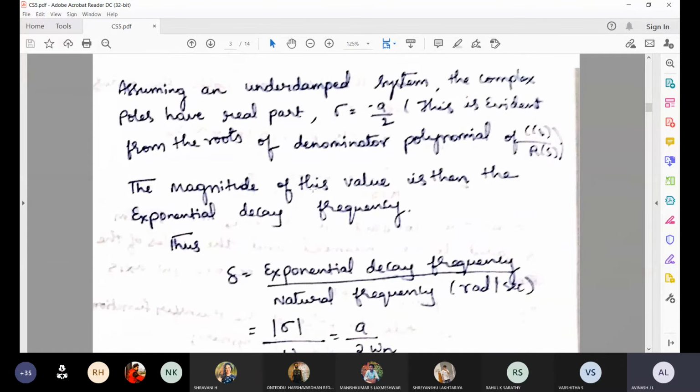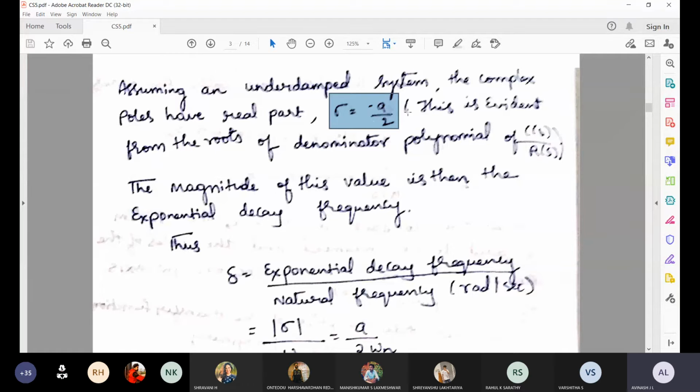One thing: we are not going deep into how we got the value sigma equal to minus a by 2. It is an exponential decay value, so you need not worry about this. This particular understanding will not be asked in your examinations. Very rarely, maybe 1 out of 15 times, they may ask you to explain how we got the equation like that. I have not seen a question like that, but if they ask, they will ask. For that matter only I am doing this.